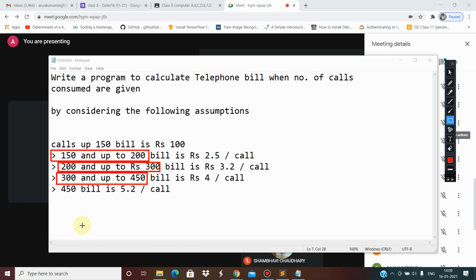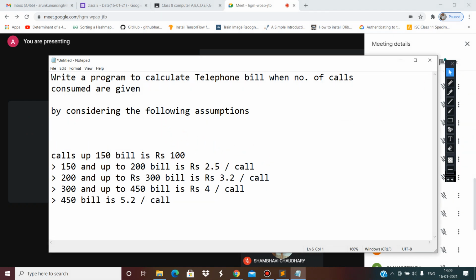Sir, I have done. Well, better post it in the chat box or where you have written. Sir, in the copy. So okay, I will write and then you can check. Should I write only the logic part, the main part? Yes, I'm not going to write the whole program. So here I will write.